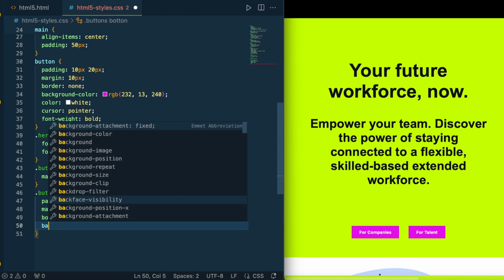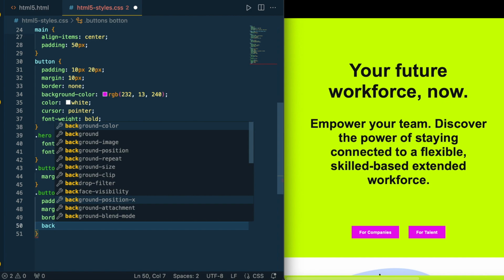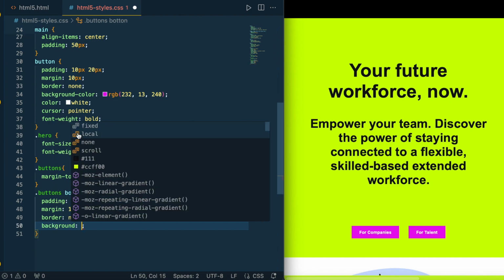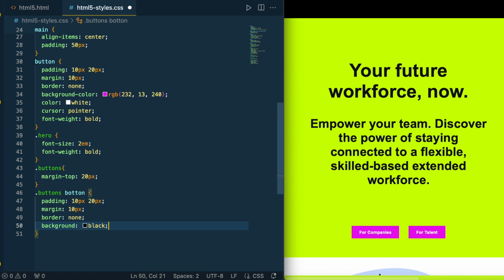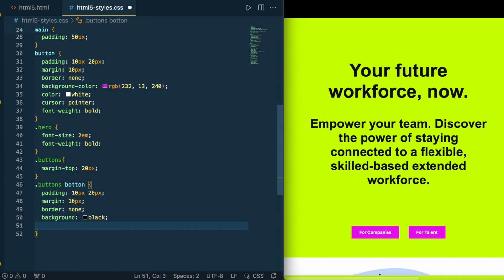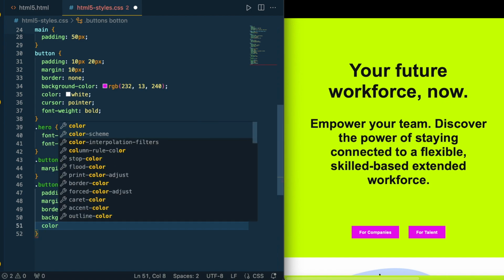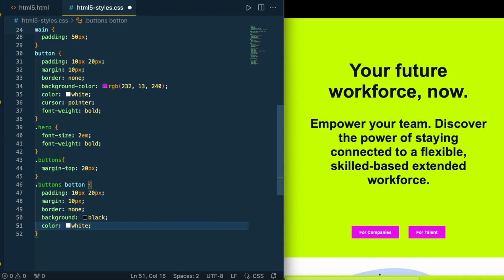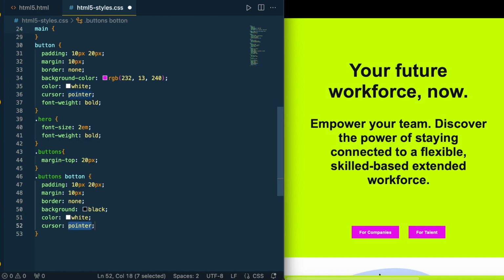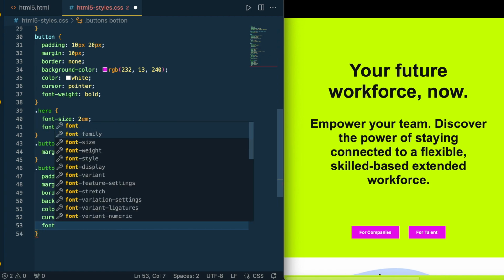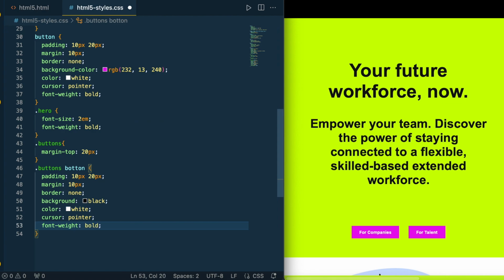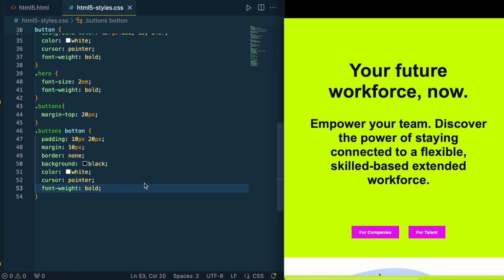I want to change the color of the background of these buttons just to differentiate. So black. Color of the text, let's leave that as white. And cursor pointer, font weight bold. All right,